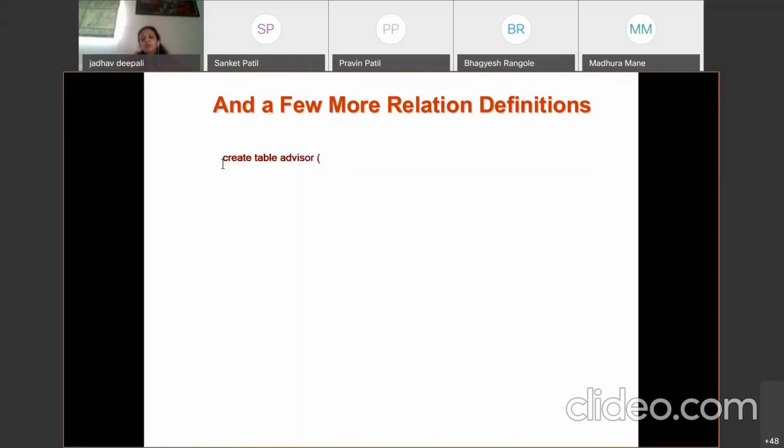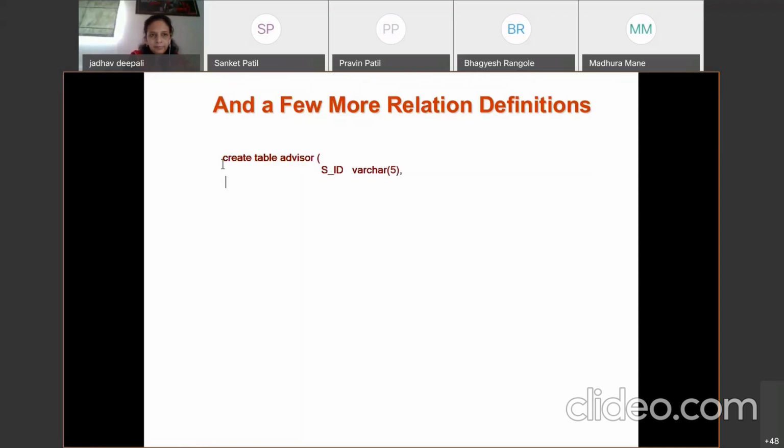What are the attributes of the advisor? We have created the schema. Now, whatever the tables are there in the schema, we need to create the table for all of these. So, create table advisor. Yes, ID, correct? Why? It is a relation. Whatever the varchar, suppose I use 5 there, we need to use 5.